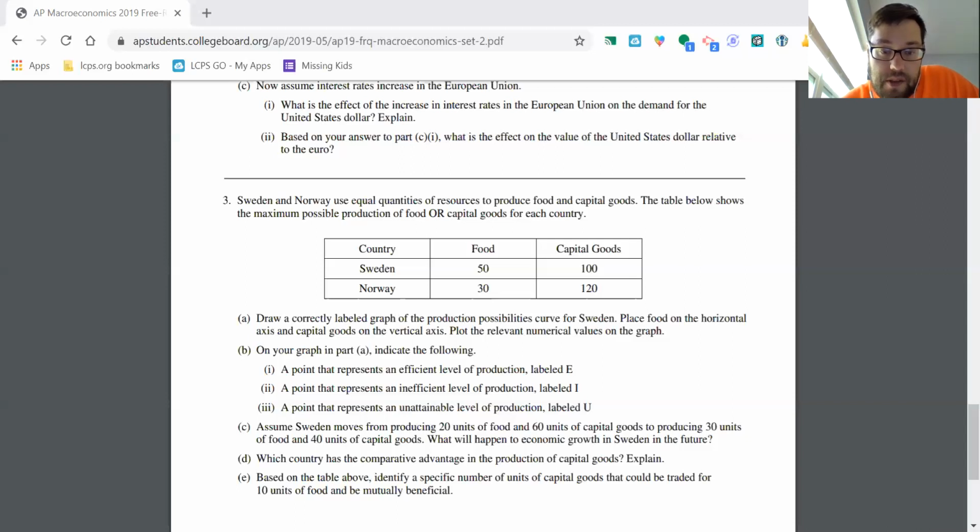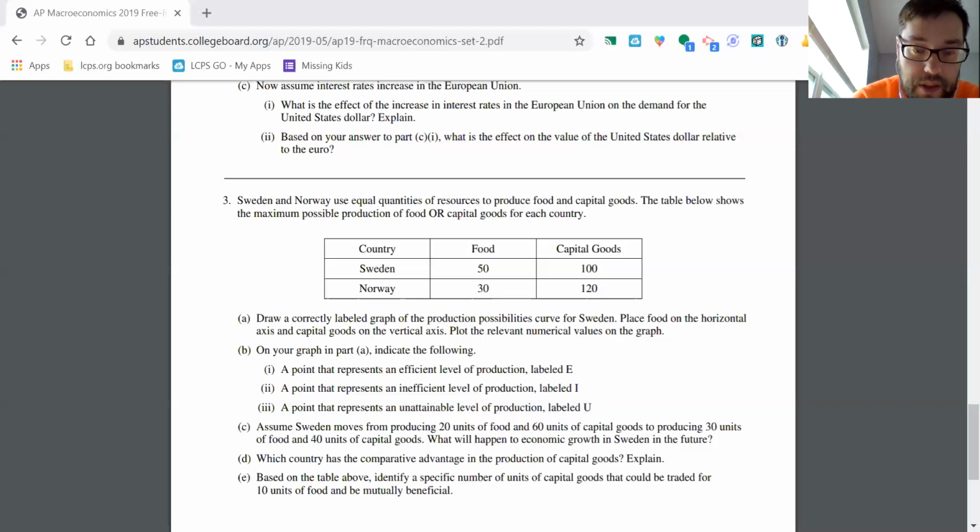And then part E, based on the table above, identify a specific number of units of capital goods that could be traded for 10 units of food and be mutually beneficial. So this is a terms of trade question. And it's sort of an odd question because they ask for a specific number when actually terms of trade is generally a range. So I'm going to talk about the range, and then essentially you could pick any number in between there. So how do we figure out what's mutually beneficial? Well,